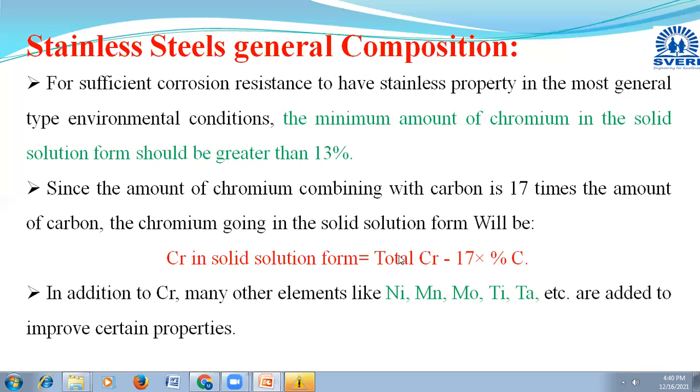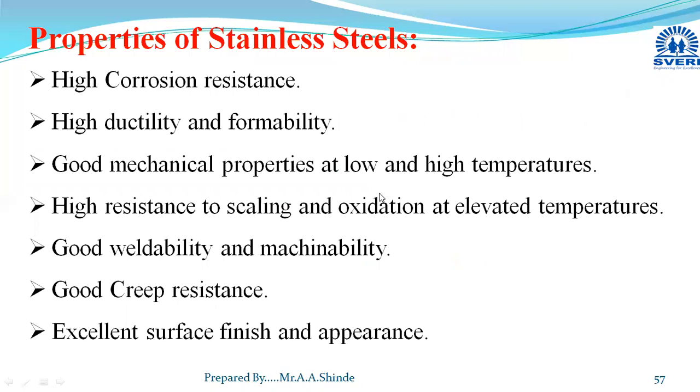So after this, we will discuss some general properties of stainless steel. Any kind of stainless steel will have these common properties. Stainless steel will give you high corrosion resistance due to presence of chromium. Then it gives you high ductility and high formability. Then stainless steel shows good mechanical properties at low temperatures as well as at higher temperature ranges. Then stainless steel has high resistance to scaling and oxidation at low temperature as well as elevated temperatures or higher temperature ranges. Then the stainless steels have very good weldability, machinability, and formability also,